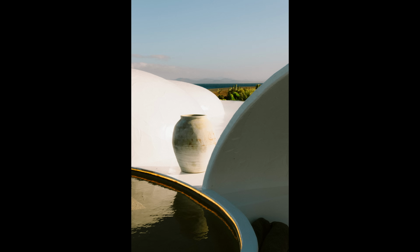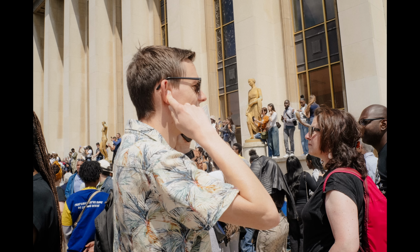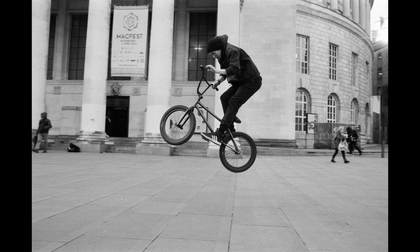I always find it's easy to change how we shoot when we're shooting somewhere different, when we're in a new place with new culture, with new colours and nice light. It's very easy to suddenly start shooting in a completely different way. But when you're shooting in the same city all the time, which can be quite monochrome and grey, you can find yourself falling into the same habits, shooting the same images again and again. So use this challenge of intentionally shooting in a different style to try and look at your usual surroundings from